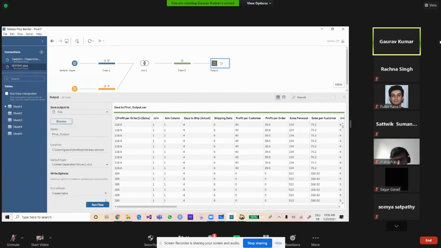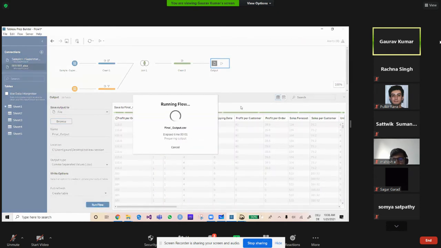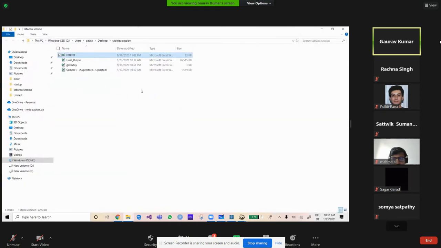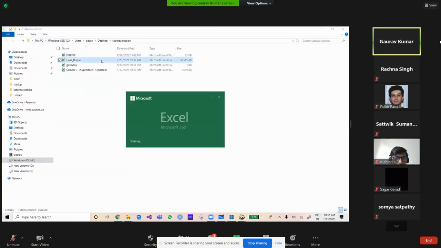Now the good thing is, if I run the flow, I will show how that final data will look in a CSV. Since it has fewer columns and fewer rows, it is taking less time. But if you are dealing with big data, then sometimes it collapses. There is some bug inside Prep Builder. I don't know if they are fixing it or not, but I'm facing a lot of this. If you are dealing with big data, sometimes it will throw an error or just hang. So if you see the final output, I will show you how the final output looks.